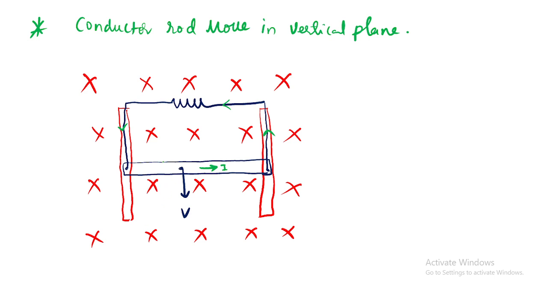So due to its weight, it is coming down. Now, upon this rod, what happens? Magnetic force will act. Now listen. The right hand rule you know already, with which you can find the current. What about the left hand rule, with which you can find the magnetic force? Which direction will it act?